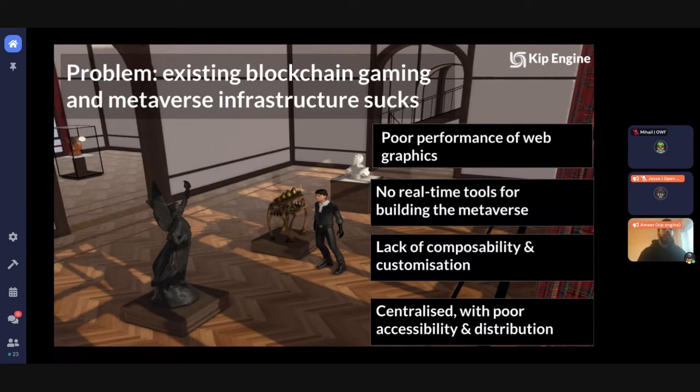Also, there are no real time tools for building out this metaverse. If you want to build the metaverse, we already have Decentraland and other metaverse experiences out there, but actually building it takes time, it takes money, and it takes a high level of resources and skills as well.